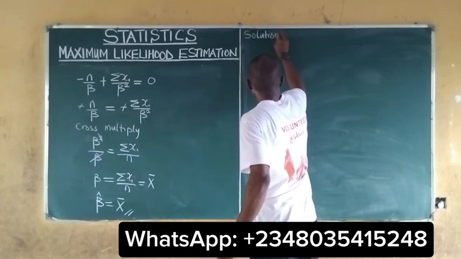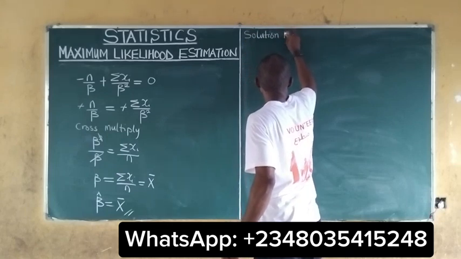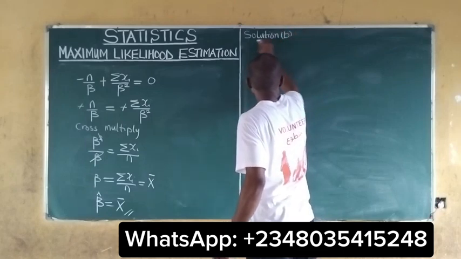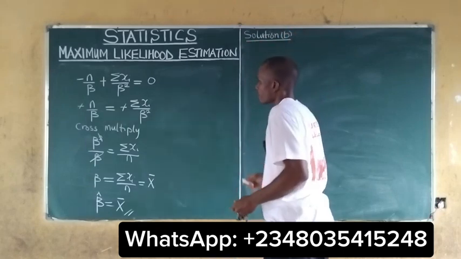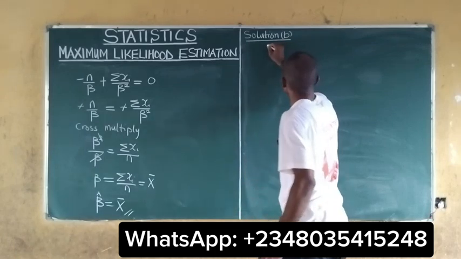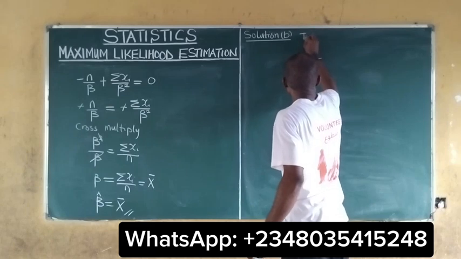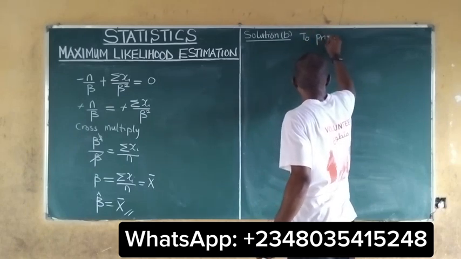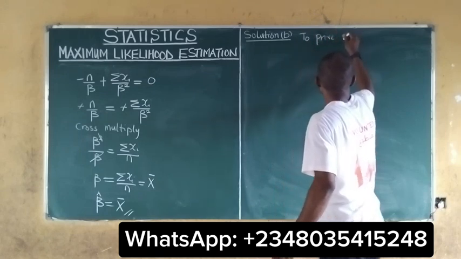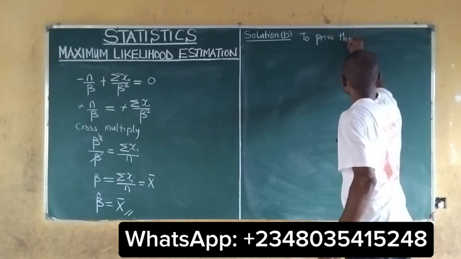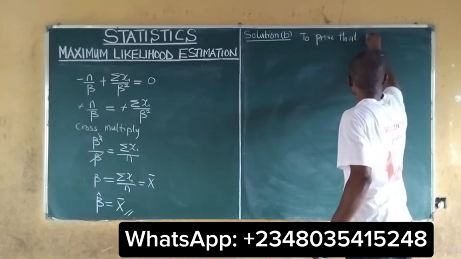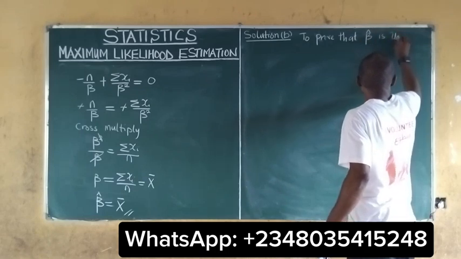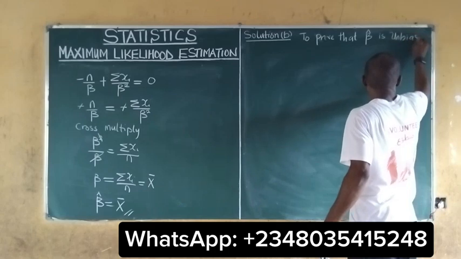Solution B. To prove that the beta estimate is unbiased,